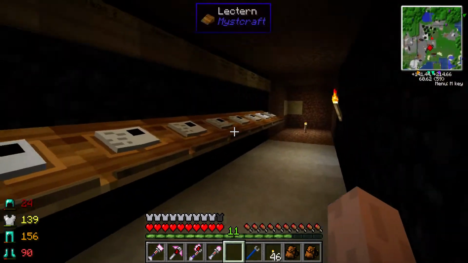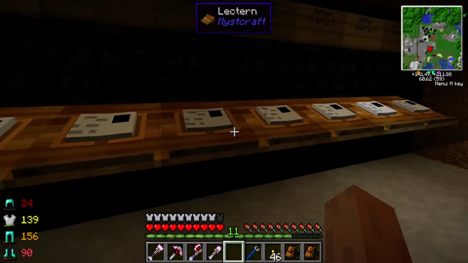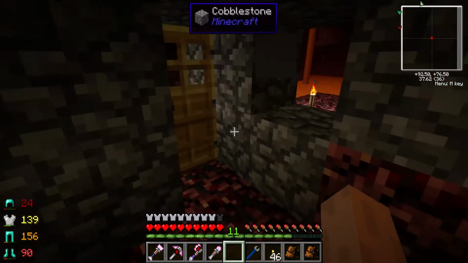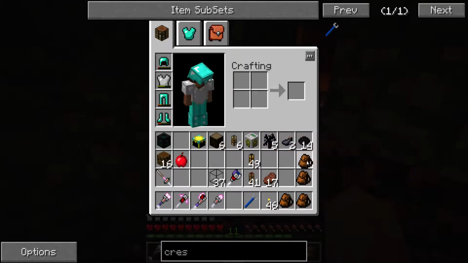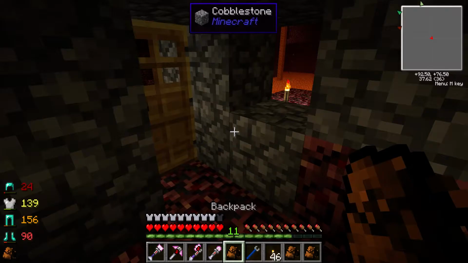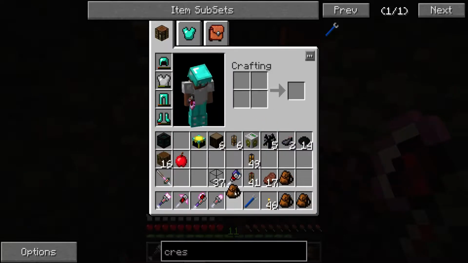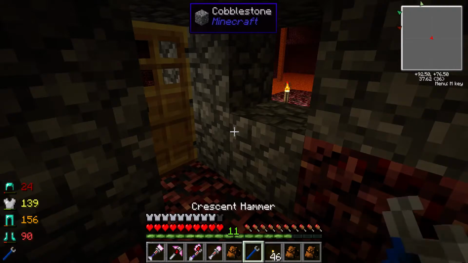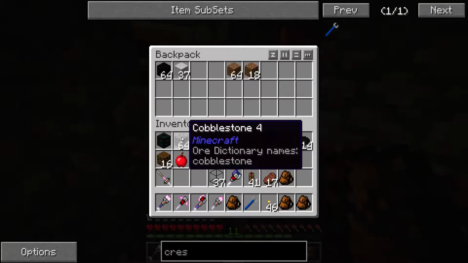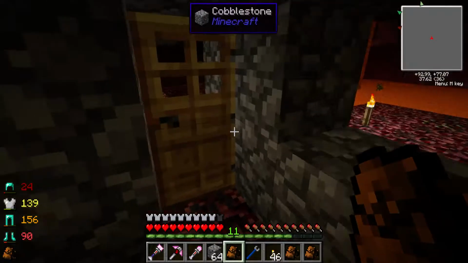Now I've got a lava set up already, Nether lava. Okay, now what I will need is some blocks to build around. So let's try and remember where I put them. Yeah, here we go. Them two do. Okay, so